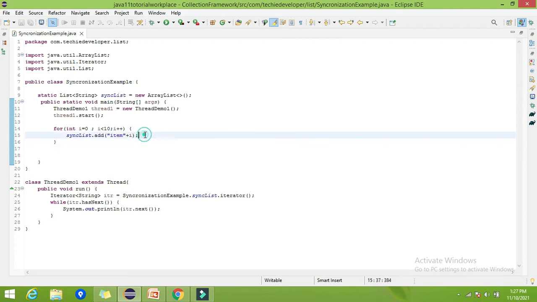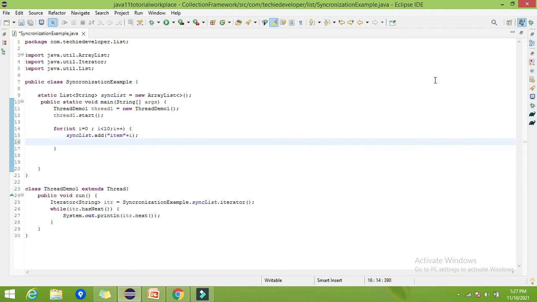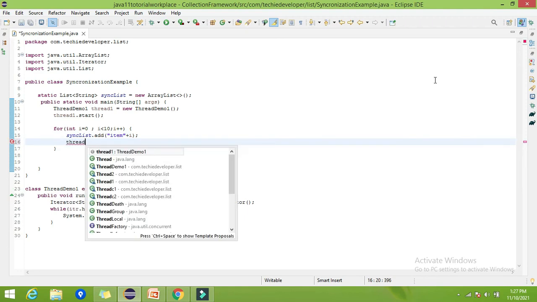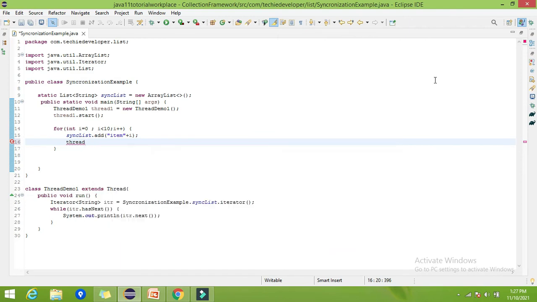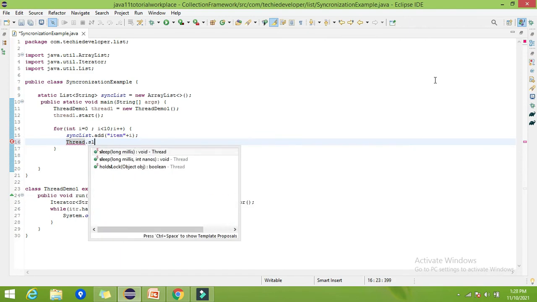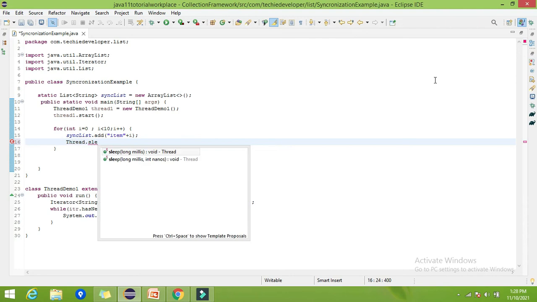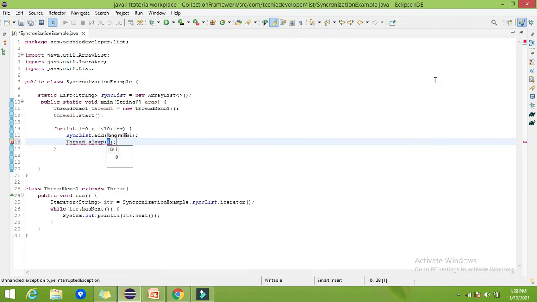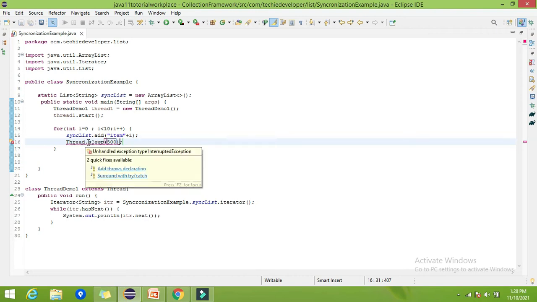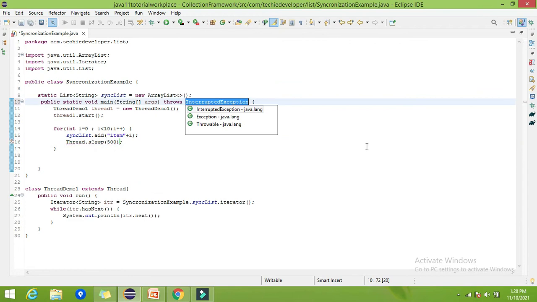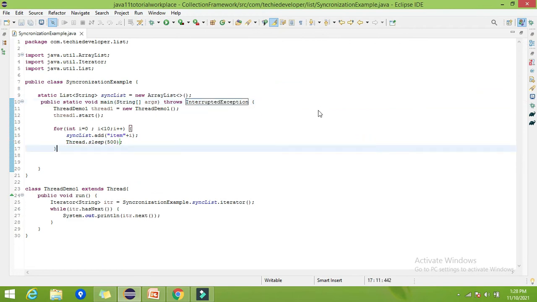Let's try to add some interval here by using the sleep method. Thread.sleep for 500 milliseconds. It will throw one exception, that is InterruptedException, so let's add it to the declaration. Now try to run this.